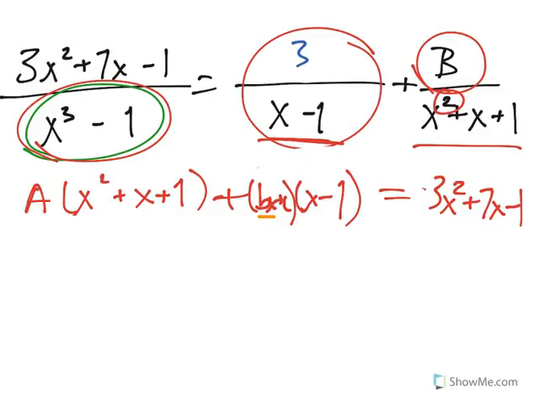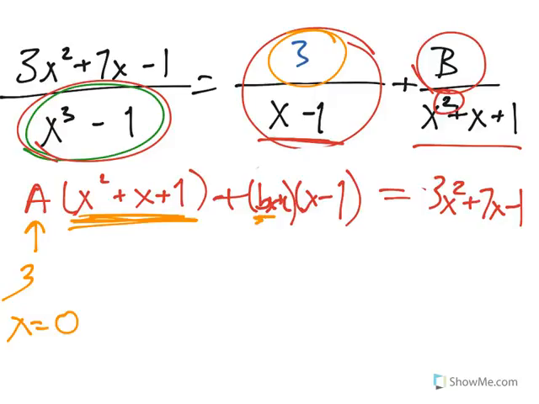We know what A is, so there's no issue with that. Here, we don't really know what the zeros of this polynomial are, so it's easier to substitute A as 3. So if we let x equal 0, just so we can get rid of this b,